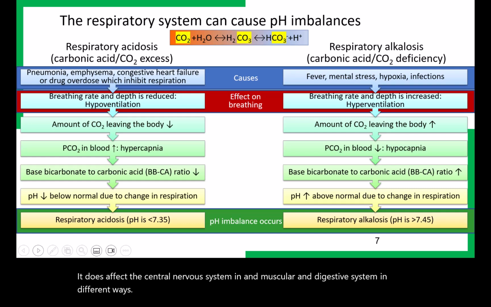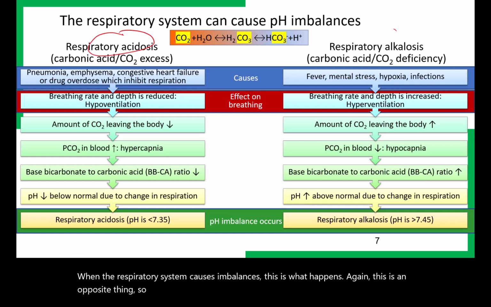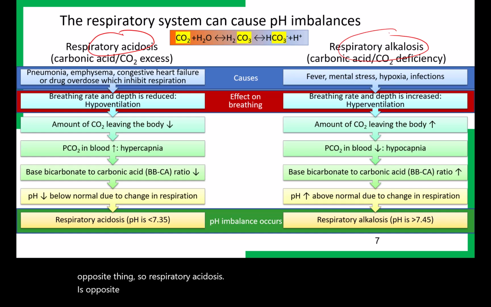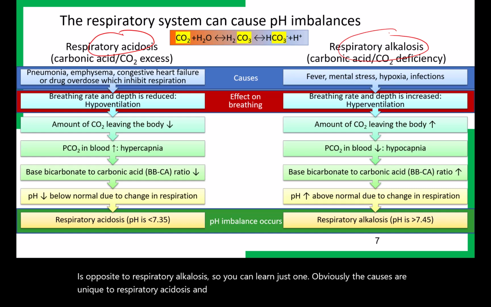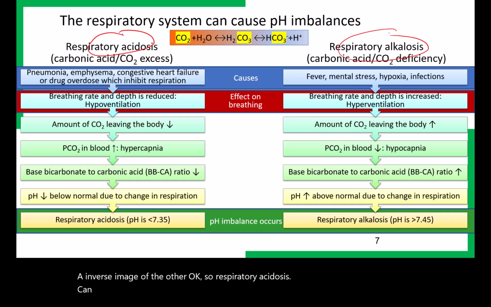When the respiratory system causes imbalances, this is what happens. Again, this is an opposite thing. So respiratory acidosis is opposite to respiratory alkalosis, so you can learn just one. Obviously, the causes are unique to respiratory acidosis and respiratory alkalosis, but everything else is an inverse image of the other. Okay, so respiratory acidosis can occur with things like pneumonia, emphysema, congestive heart failure, or drug overdose, which inhibit